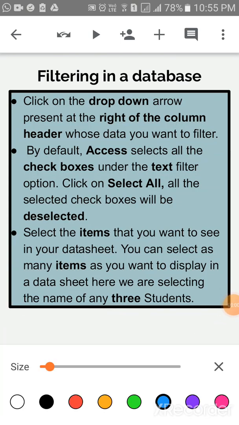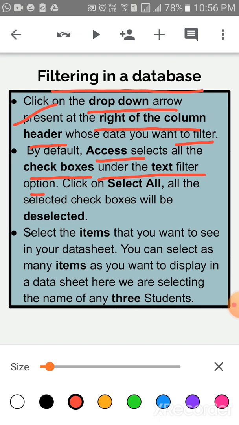Now children, filtering in a database. Click on the drop down arrow present at the right of the column header whose data you want to filter. Next, by default Access selects all the check boxes under the text filter option.